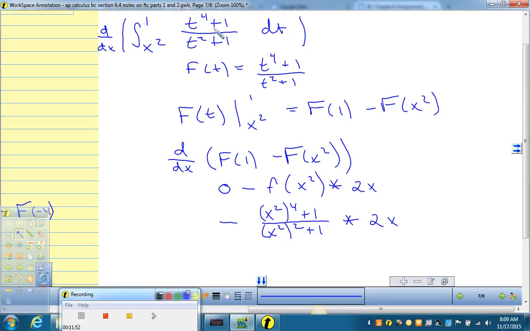Okay, so now let's think about how we could have gotten there a shorter way, now that we see these patterns. So the first thing I would have done is I would have rewritten this as the integral from 1 to x squared with a negative out in front. So we still have from a constant to some power of x. And then, when you take the derivative of that,